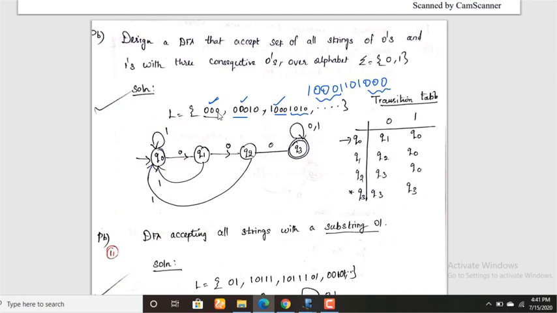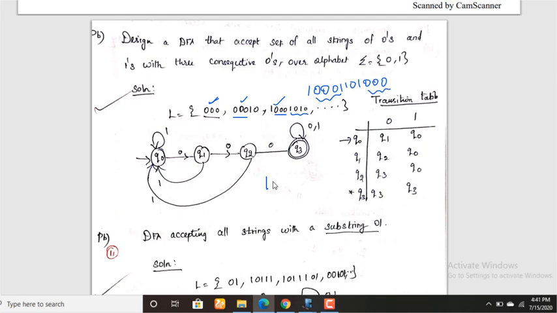Then extend your DFA with other strings, combining other strings. So next 000. On receiving 0 goes to q1, on receiving one more 0 goes to q2, on receiving one more 0 goes to q3. Again, for 1 or 0 at the final state, you make it a self flow.